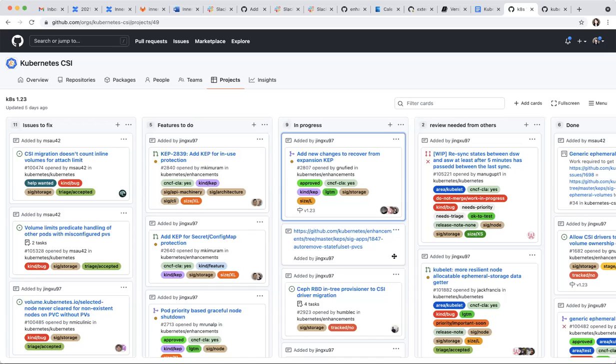So I made a choice. I thought it's better to be safe rather than have the feature for in-tree plugins. In-tree plugins, we can revisit next release, and we have to add it for each plugin separately. And for the CSI resizer, I'm already working on the implementation. So the main thing we need is the CSI resizer. For in-tree, I thought it's not as important, so I didn't fix it.